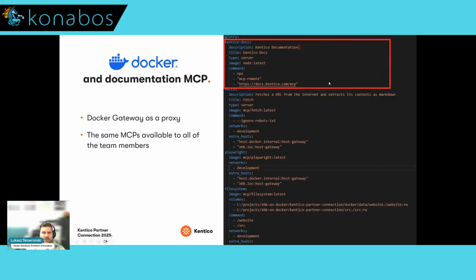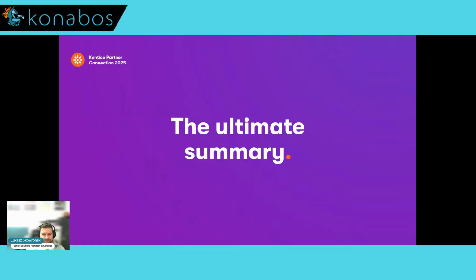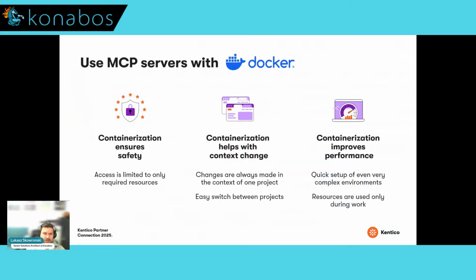Yes, so this is an example of a configuration that I was playing with, and that works pretty well. So the ultimate summary is to use MCP servers with Docker because it ensures safety on the networking and the file system level. It helps you keep the correct context every time you work with AI tools, because containerization